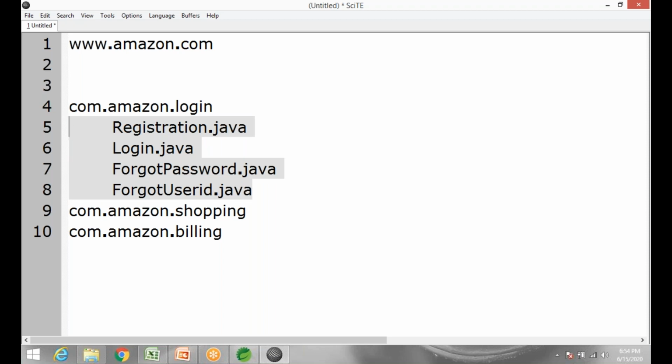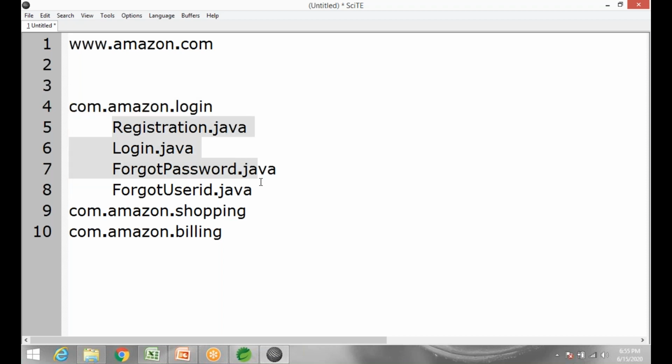How do you process the registration request? What is the code you write for registration, what is the code you write for login? All these are related, or they are links that are seen in the login page, right? So what we do is we create a package or a folder called com.amazon.login,